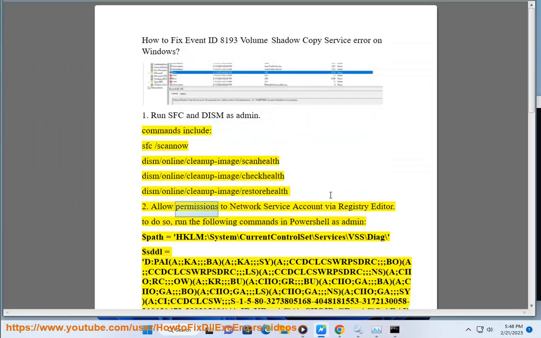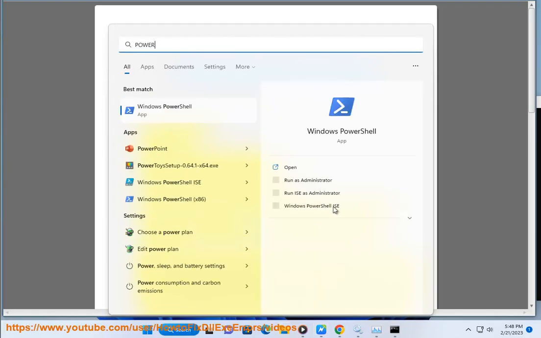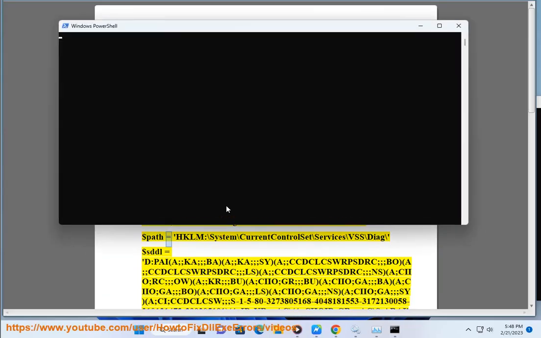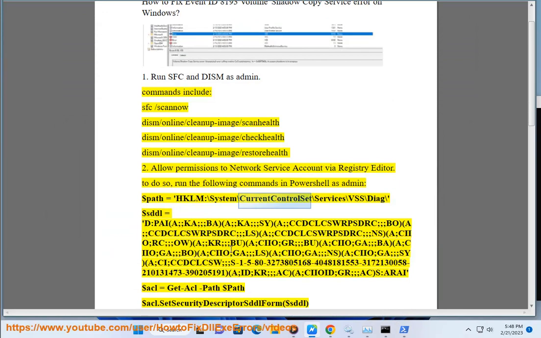sfc /scannow, dism /online /cleanup-image /scanhealth, dism /online /cleanup-image /restorehealth. 2. Allow permissions to the network service account by registry editor. To do so, run the following commands in PowerShell as admin: $path = HKLM:\SYSTEM\CurrentControlSet